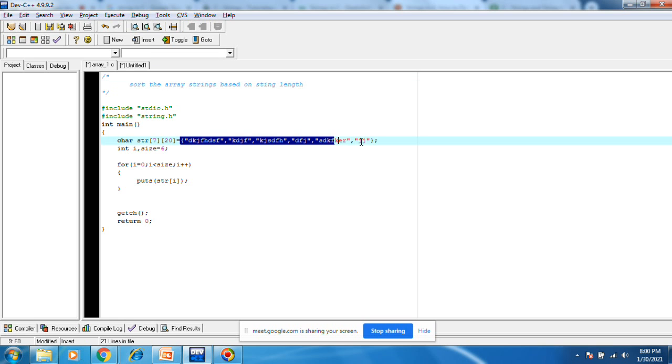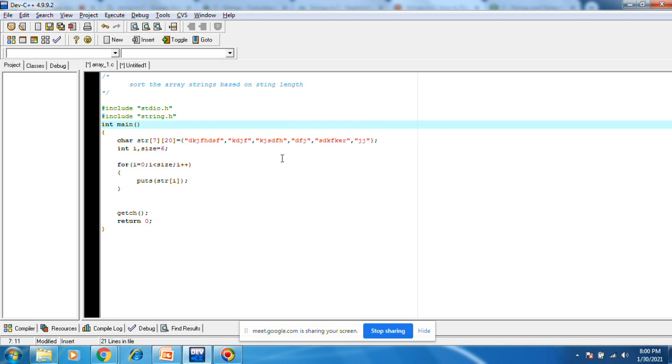These are an array of strings, but I want to sort based on string length. The output should be such that the lesser string length comes first, this could be second, this could be third, this could be fourth, this could be fifth. It should print in sorted order.